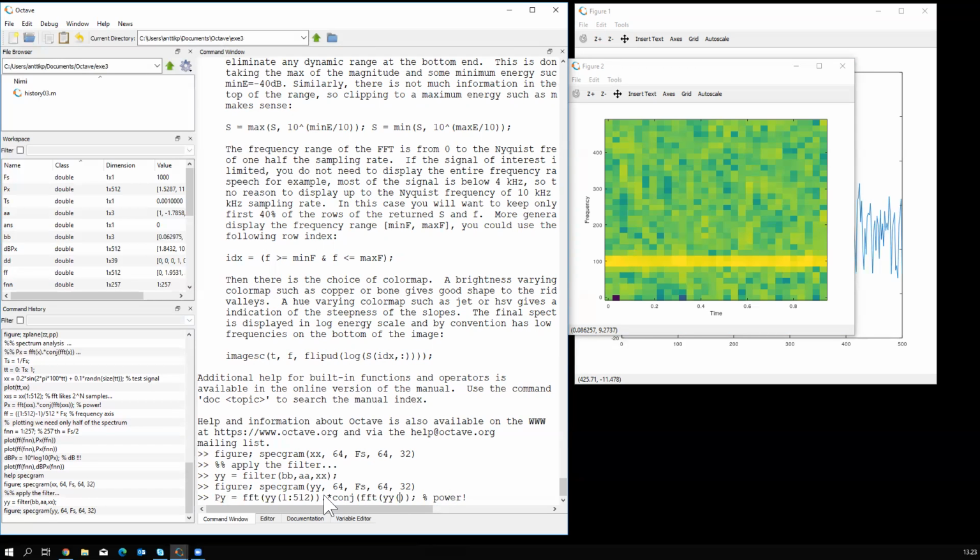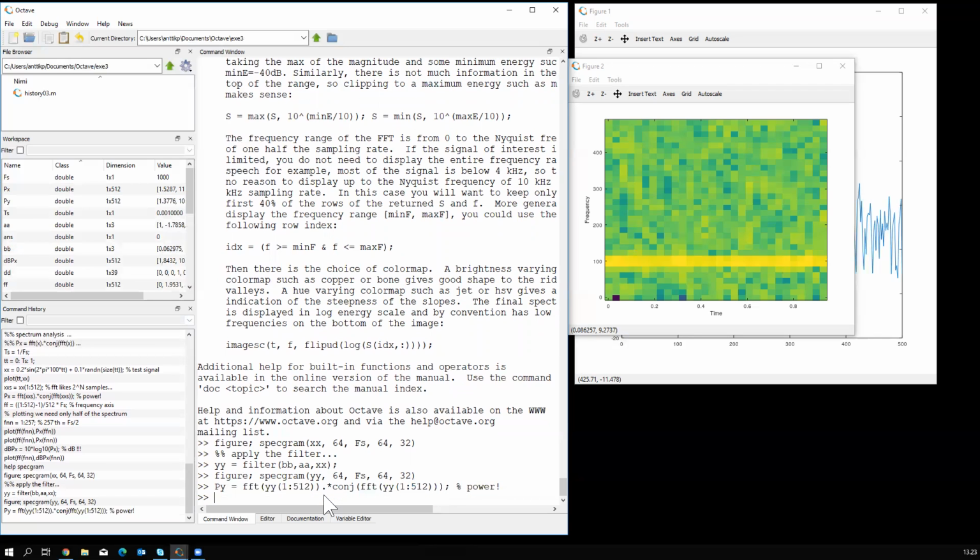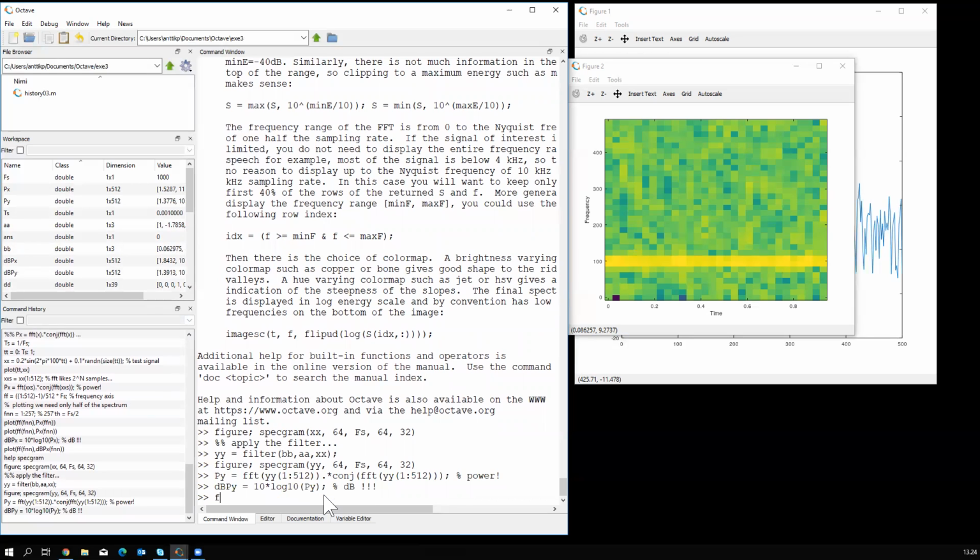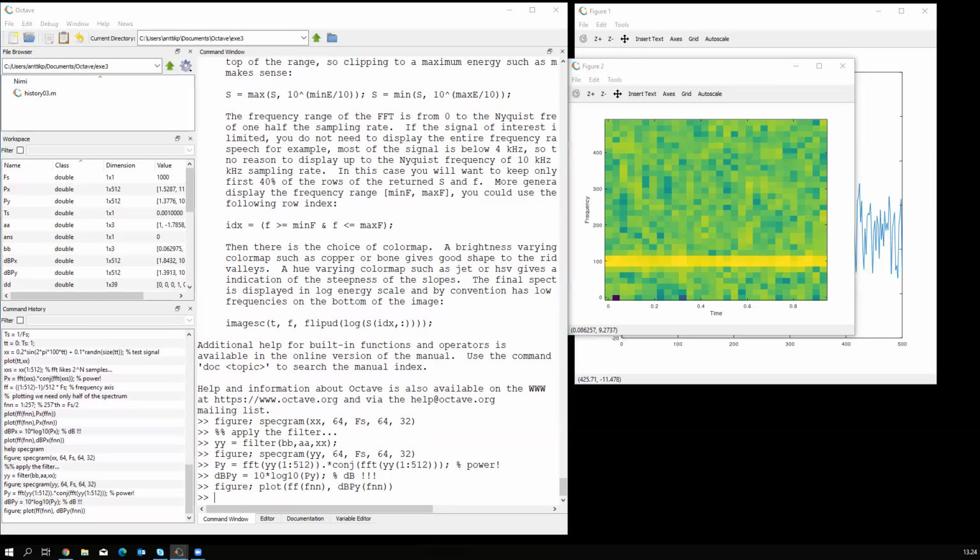Okay, the Y points 1 to 512. Calculate the power spectrum for Y in dB, and then new figure and plot F, oops, F, N, and dB by F, N. And if everything goes well, I get the, yes,